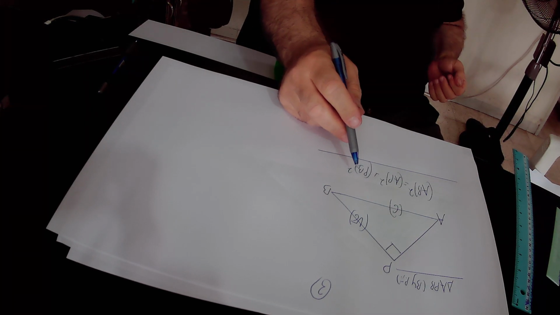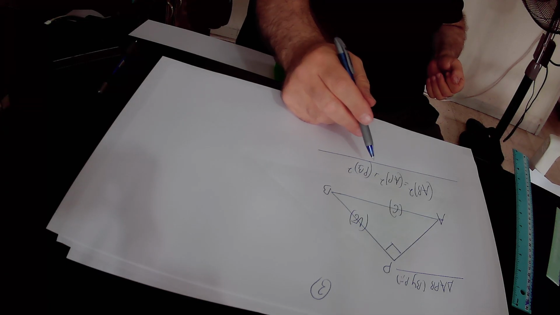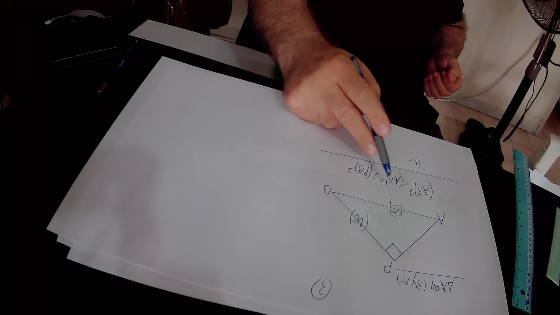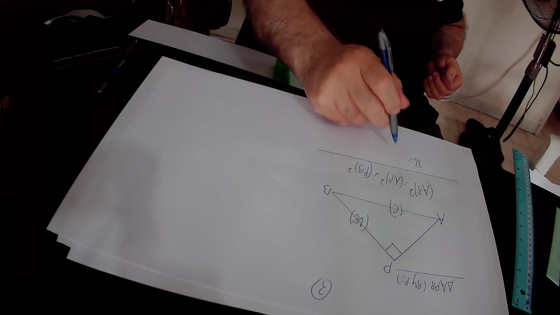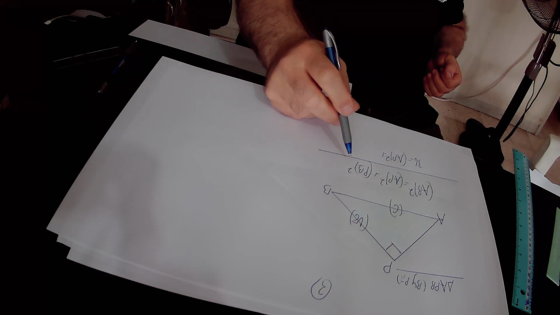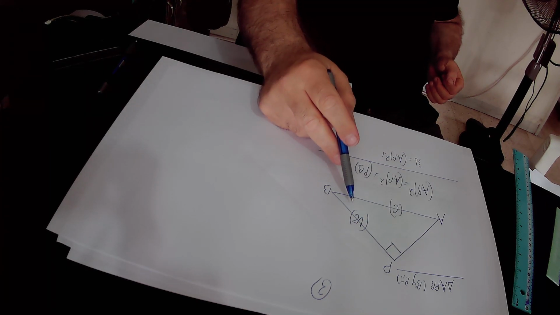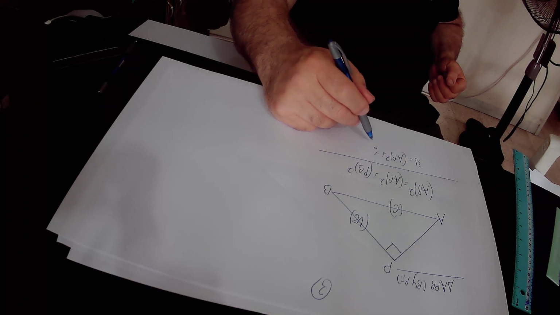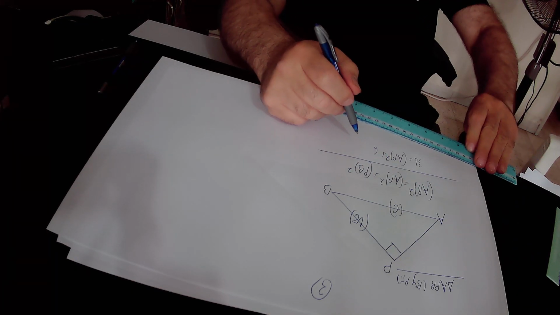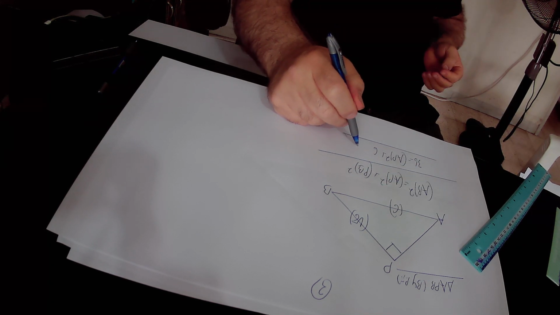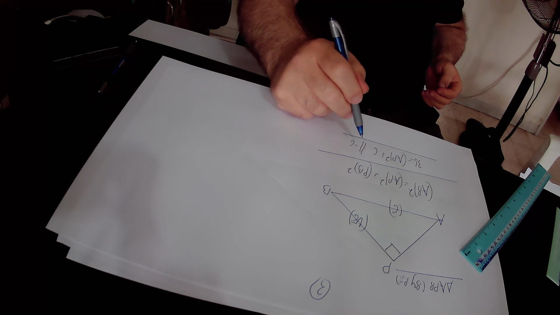AB equals 6, therefore AB square is 6 squared, that is 36, and it equals AP square. AP is the missing side, so we leave it as it is, AP square plus PB square. PB is square root of 6, therefore PB square is square root of 6 squared, that is 6. So according to the Pythagoras theorem, 36 equals AP square plus 6. We subtract 6 from this equation, and we get that